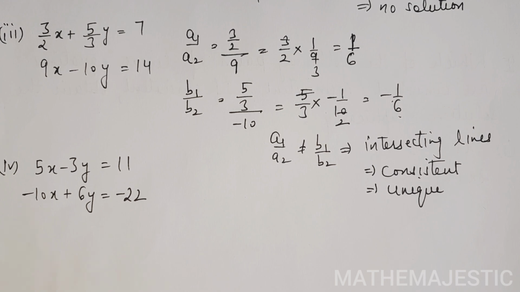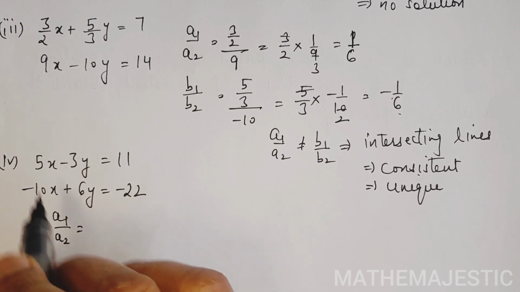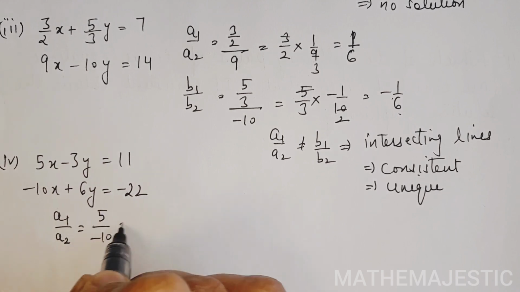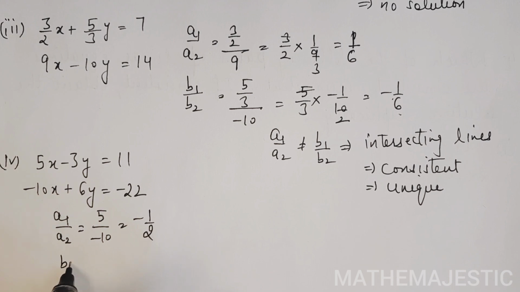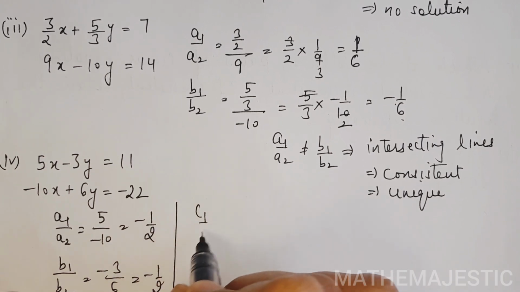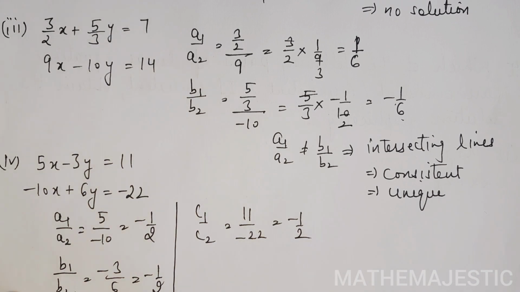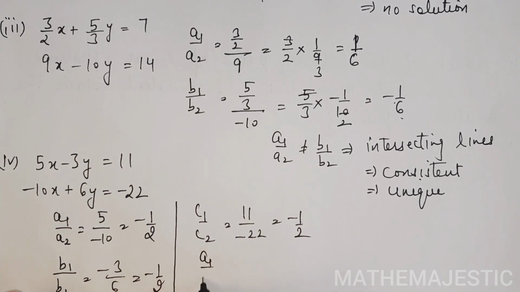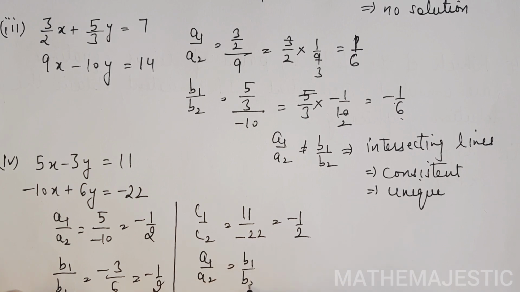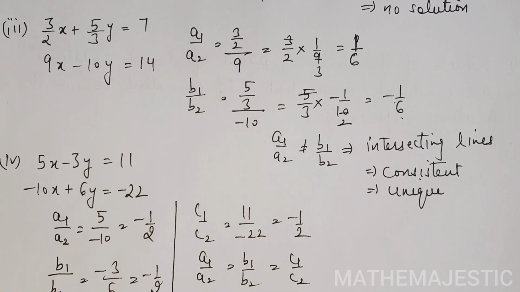minus 10x plus 6y equals minus 22. Doing it in a similar manner, a1 by a2 will be 5 by minus 10, that means minus 1 by 2. b1 by b2 will be minus 3 by 6, that is minus 1 by 2. And c1 by c2, 11 by minus 22, that is again minus 1 by 2. You can see that the first ratio, second ratio, third ratio, all of them are equal. a1 by a2, b1 by b2 and c1 by c2 all are equal. That means they will